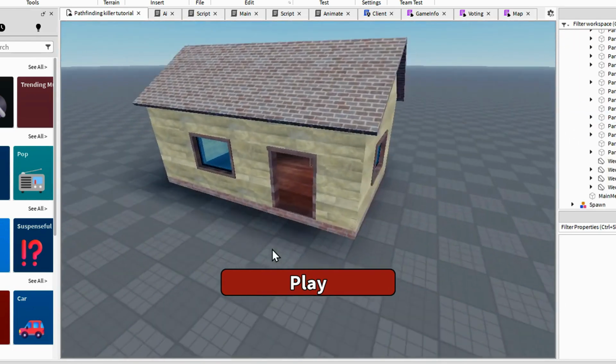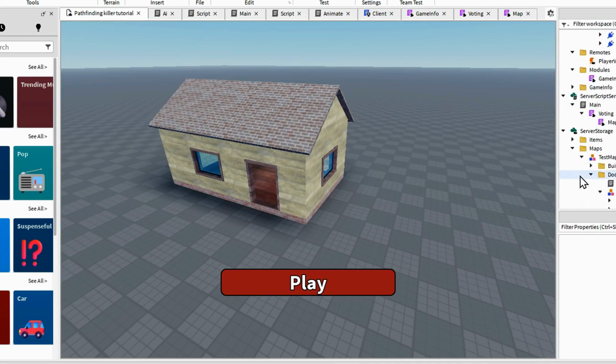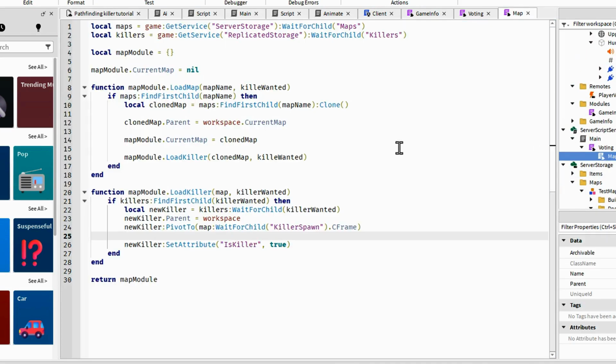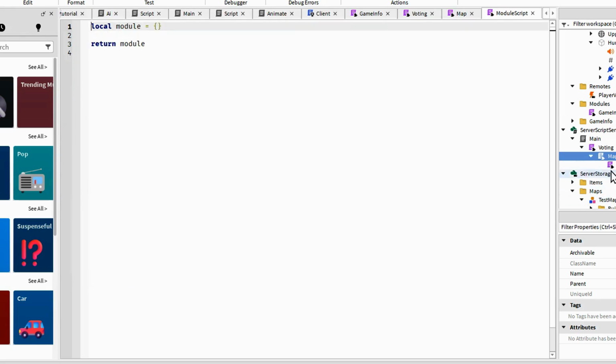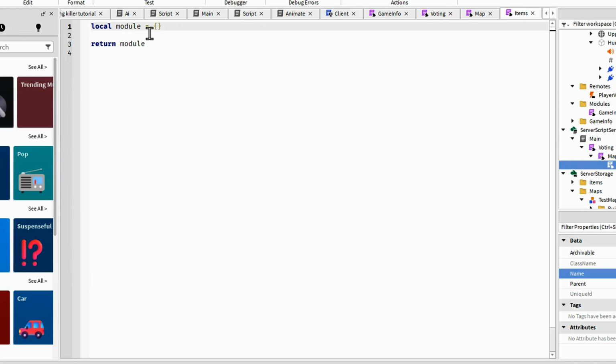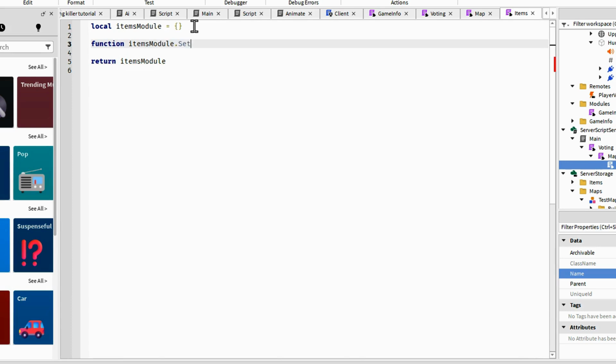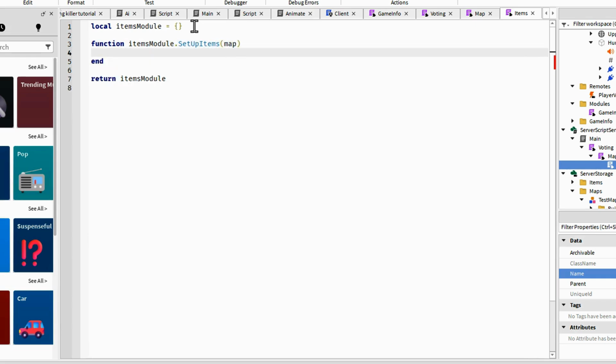Now that we have finished loading the map, we're gonna want to position all the keys. So we can create another module in the map and call this items module. Call it the items module dot setup items. You can pass to the map,